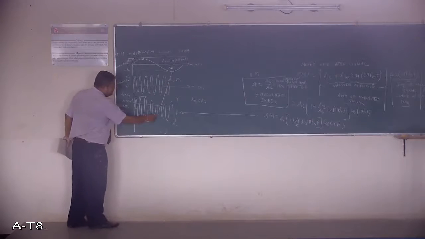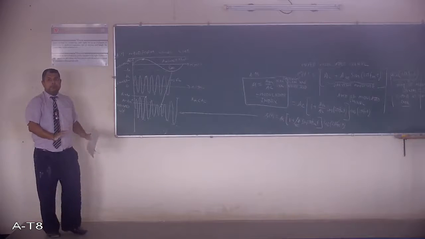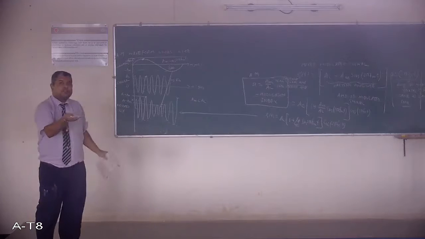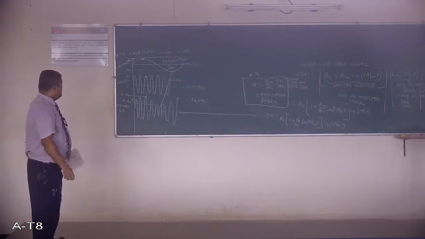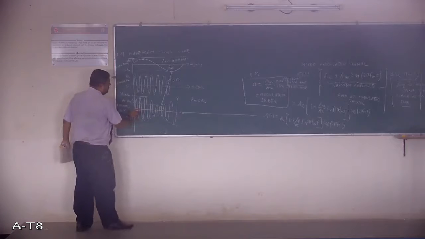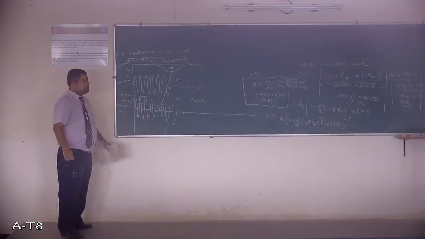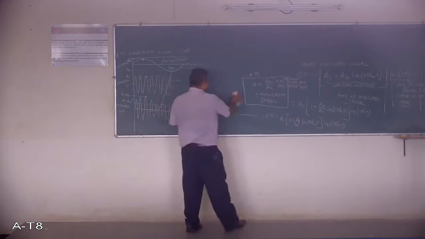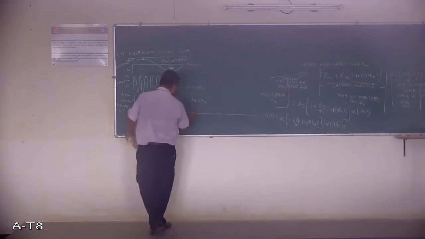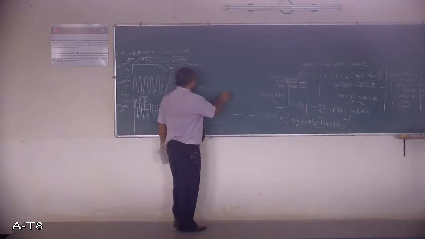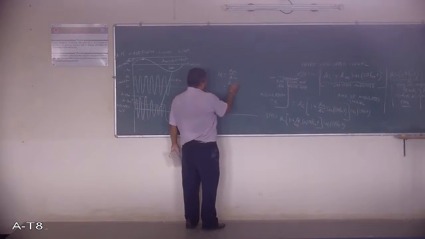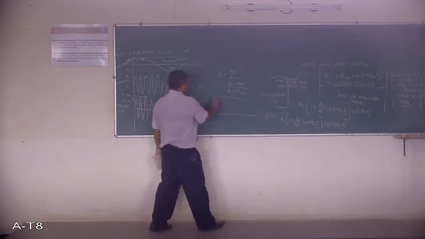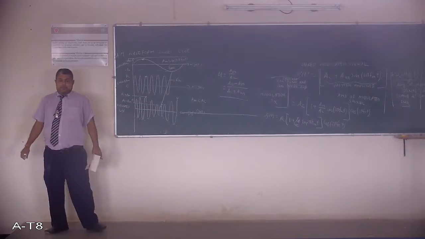And here also you can find in the negative cycle it is like that. Remember that amplitude modulated waveform is symmetrical with respect to the x-axis. Whatever happens at the top side, the same thing happens at the bottom side. If you keep a mirror here, this is a mirror image of the above thing. And a final formula from this waveform, this is also in time in seconds: mu is equal to AM divided by AC is equal to AC minus AM divided by AC plus AM, like this. So this is another formula.